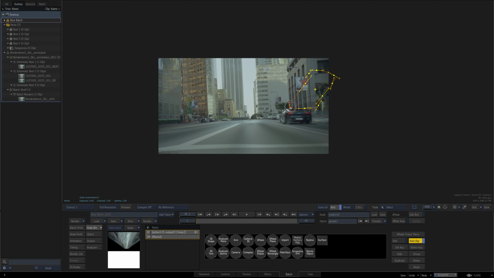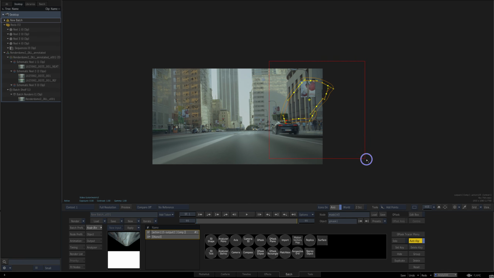And I will just move it till it is under the car. I'll blur it. I'll animate it to its second position. Again, this is all just kind of hacky and cheap, but